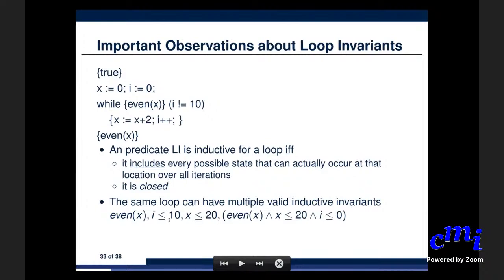The inductiveness check, you have to do this check. If I start in a state where I is less than or equal to 10, and if I is not equal to 10 is true, then after executing this, I will still be at most 10, correct? Say yes or no. Am I right or not? Because if I is less than or equal to 10 at this point, where I have even of x,